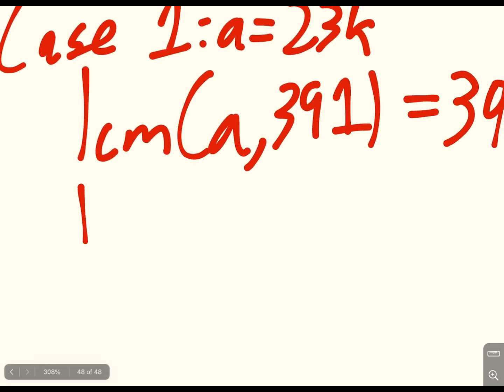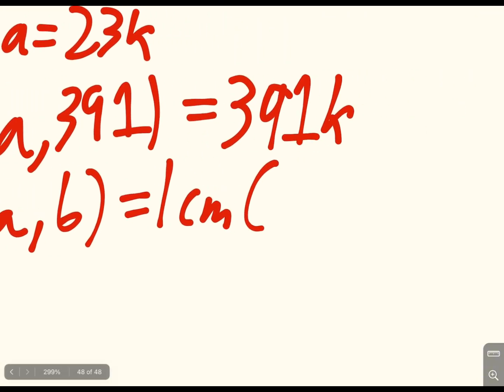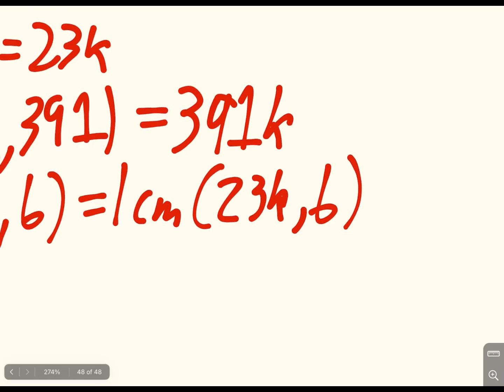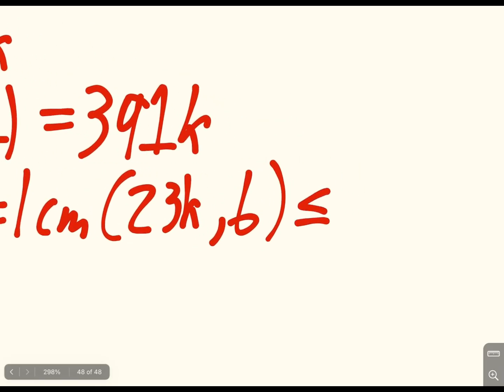And then the least common multiple of a and b is going to be equal to the least common multiple of 23k and b. And so this is just going to be less than or equal to